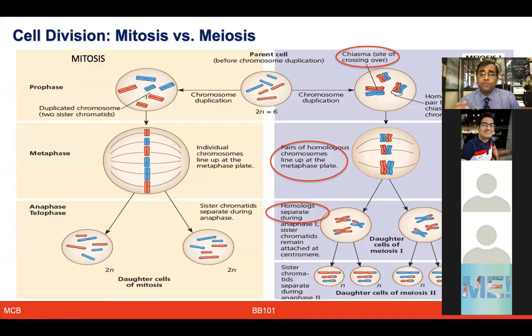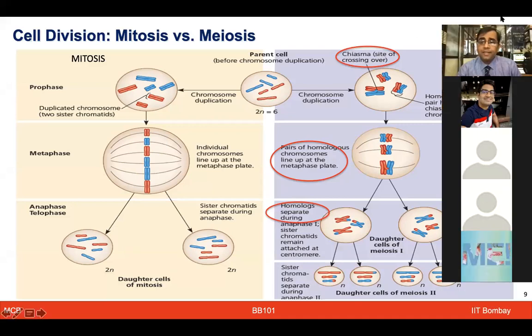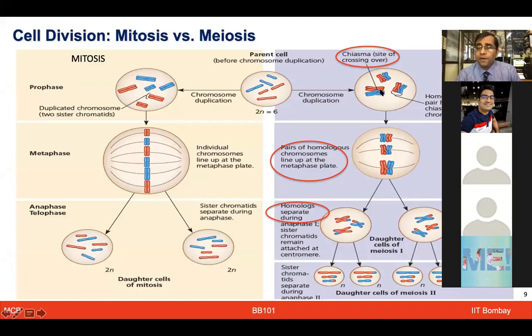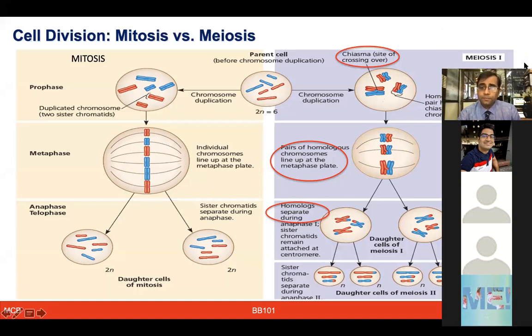So the interphase only happens once in the case of meiosis, like mitosis, although one would expect that in meiosis there are two cycles, meiosis 1 and 2, so there should be two interphases, but that's not correct. It's only one interphase before meiosis 1. The key difference here is that in both the blue and red, or the parental chromosomes, there is an exchange of genetic material in the process known as crossing over, which is the site for the chiasmata formation, known as the recombination activity.